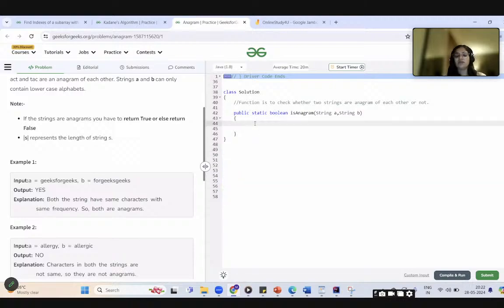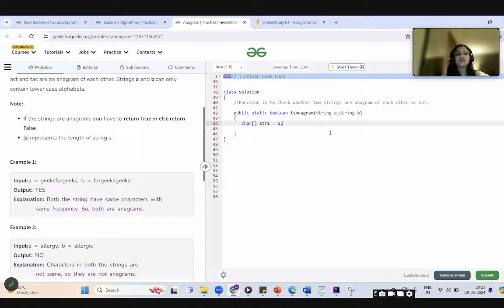As I'm writing it down, I will also be covering a few basic concepts of strings that might be asked to you in MCQs. Okay. So first of all, we have to convert string to character array. That was the first step, right? So character array type should be char. And if it was an int array, then it should be int, right? So I am just covering these so that you can brush up your basics also.